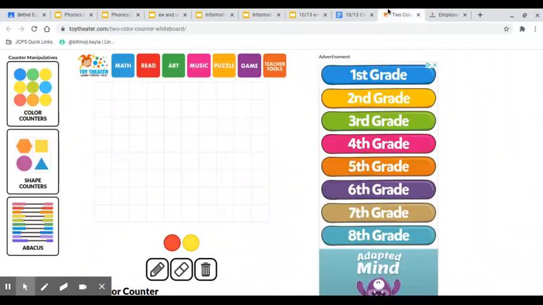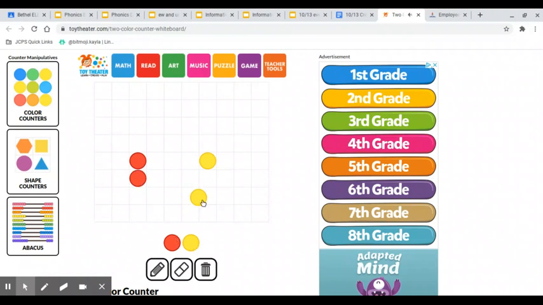So, say we have the number 7. What we're going to do, remember you get your number and you have two groups. You're going to split it into two groups. So I need 7 counters, but I'm going to have 2 different groups. So let's count 7 out together. 1, so here's my first group. 2. Notice how I have 2 counters, but they're in different groups. So I have my red and I have my yellow. So there's 2,